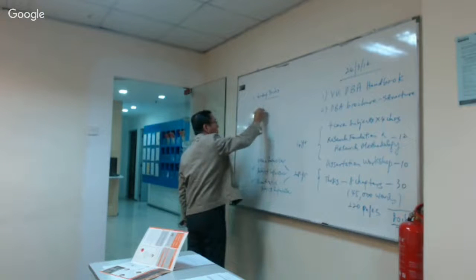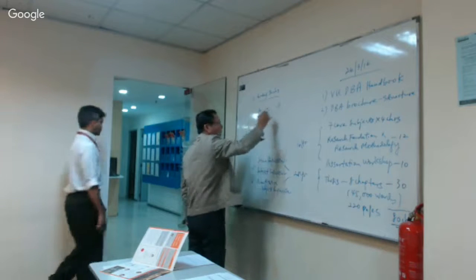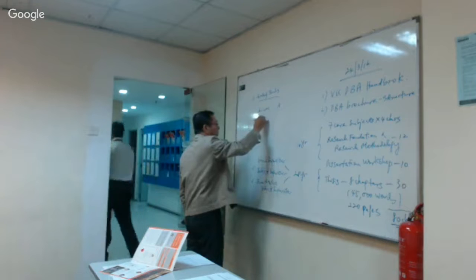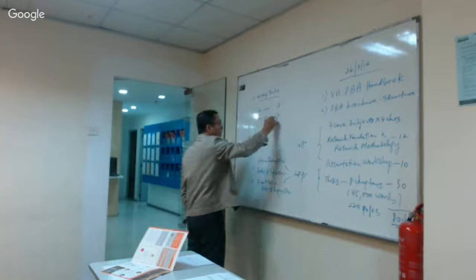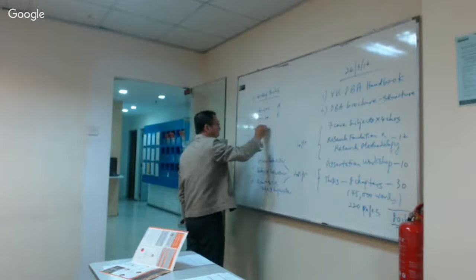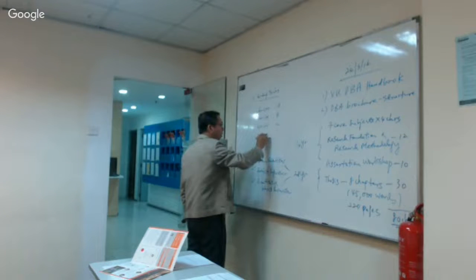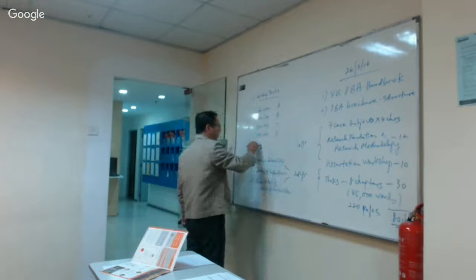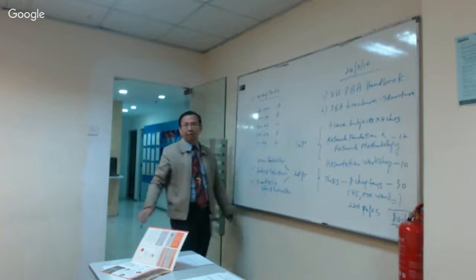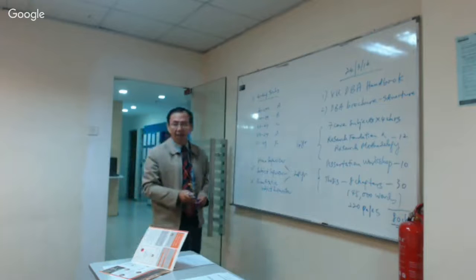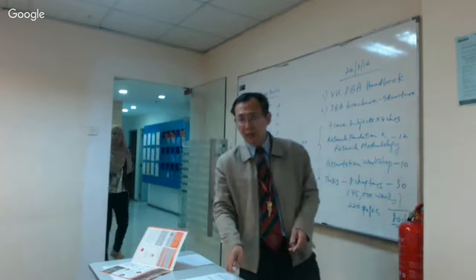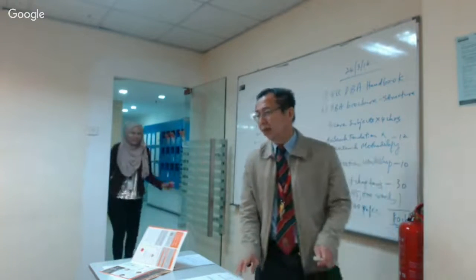That is 80 to 100, A. 70 to 79, you get a B. 60 to 69, you get a C. 50 to 59, you get a D. And then 0 to 40, you get an F. See that? So we are going to calculate, and actually,